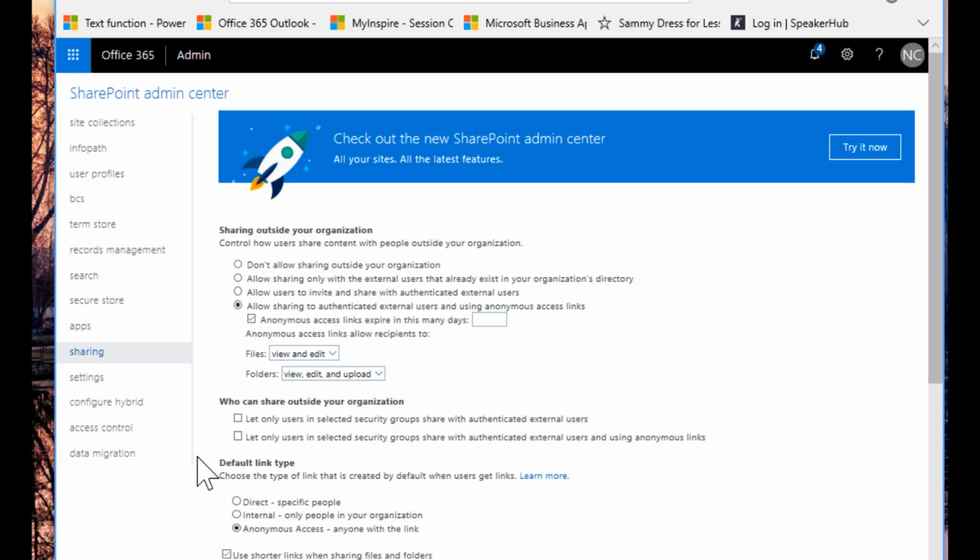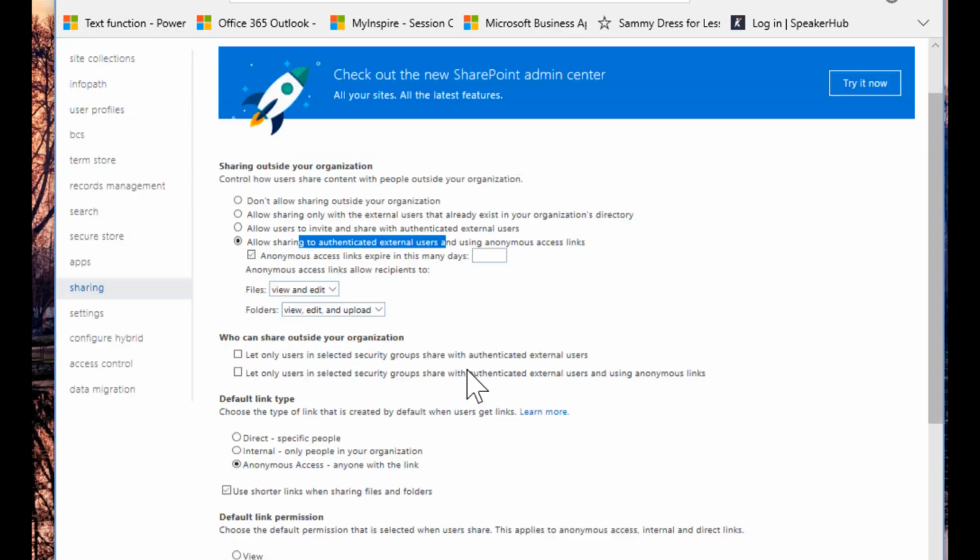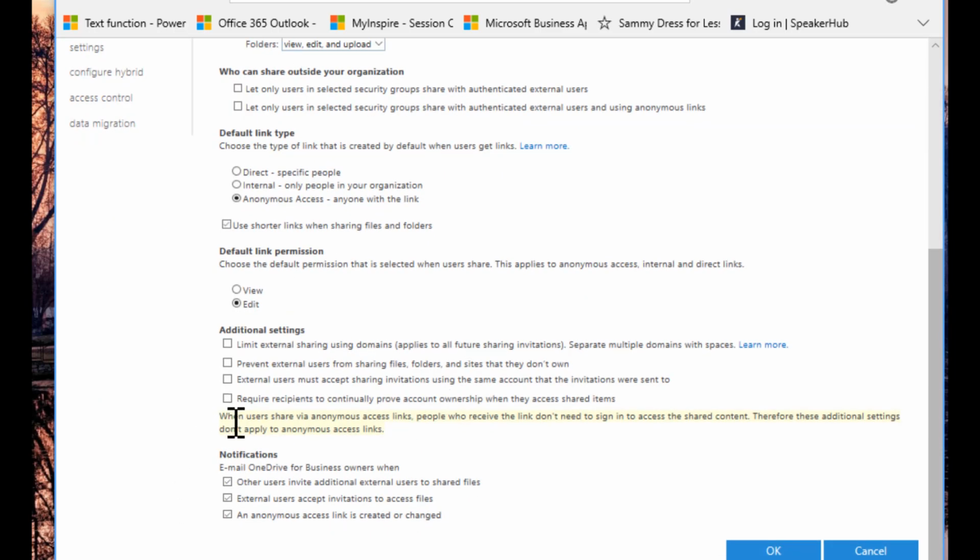So if somebody gives an anonymous access link to somebody else, which means that anybody that has that link can get into whatever that thing is, make sure it at least expires. That way they don't have it forever, because you know your users aren't going to remember, and if it's something that is sensitive or possibly sensitive, you want it to just go away after a while. Also, sharing for authenticated external users, you want to make sure that that is on,